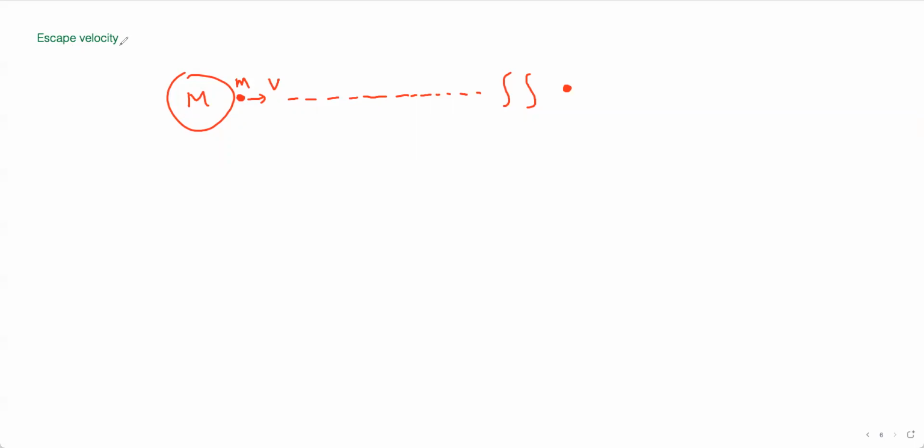Escape velocity. So this is a velocity. Now you are not asked about this definition. So this is a minimum velocity to escape from the Earth. For the question before,